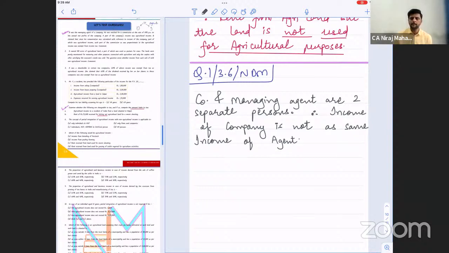This is maintaining of the corporate veil. You have two concepts in the corporate veil: maintaining and removal. So you are keeping the corporate veil. Keeping the corporate veil means that company and the members are two different persons. So if company and owners themselves are two different persons, company and others are definitely different persons. Clear? All right. Next line.